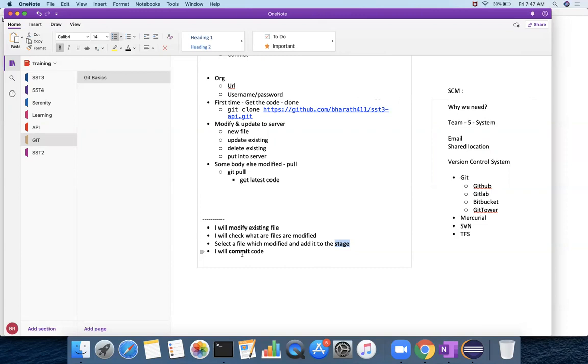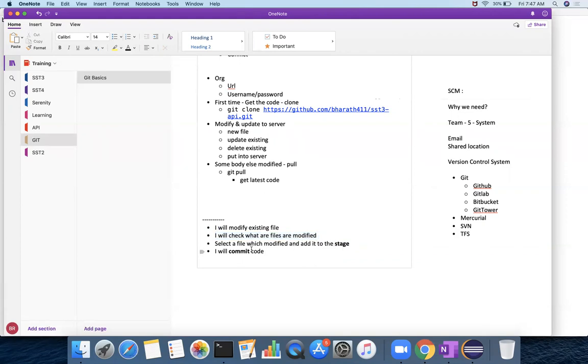If you go to a grocery store, you first select the products out of all these products and add them to your bag. This is like adding to the stage.